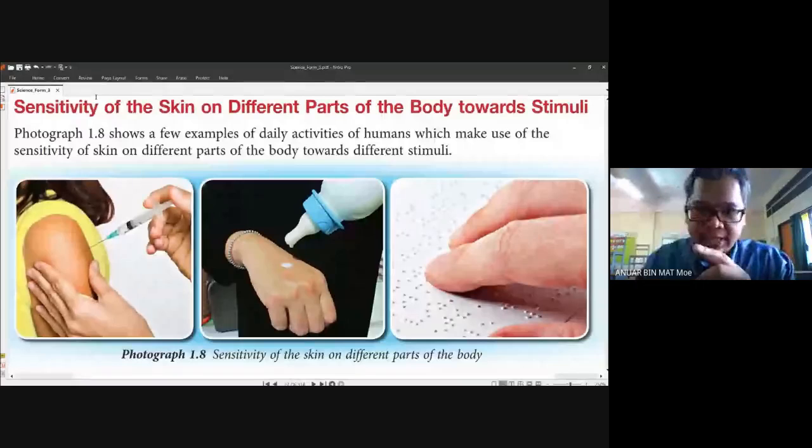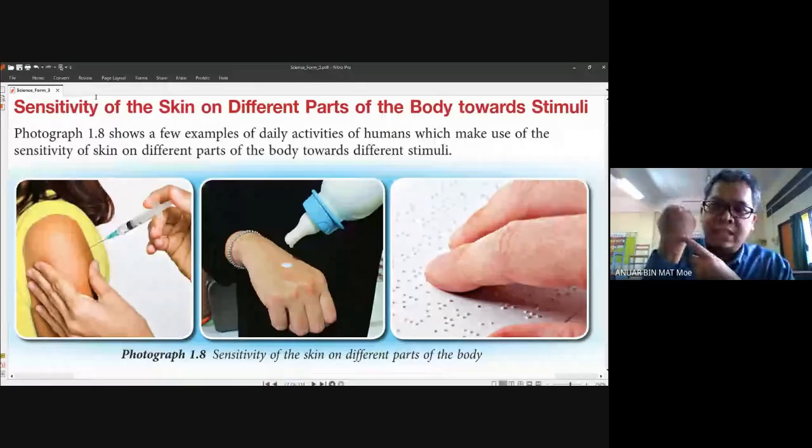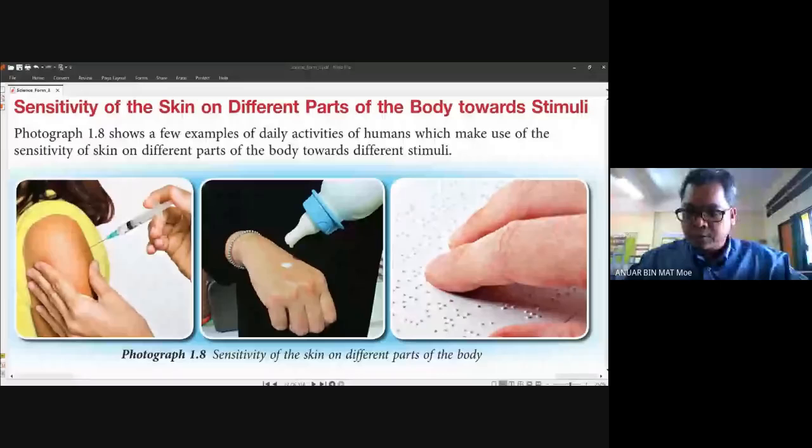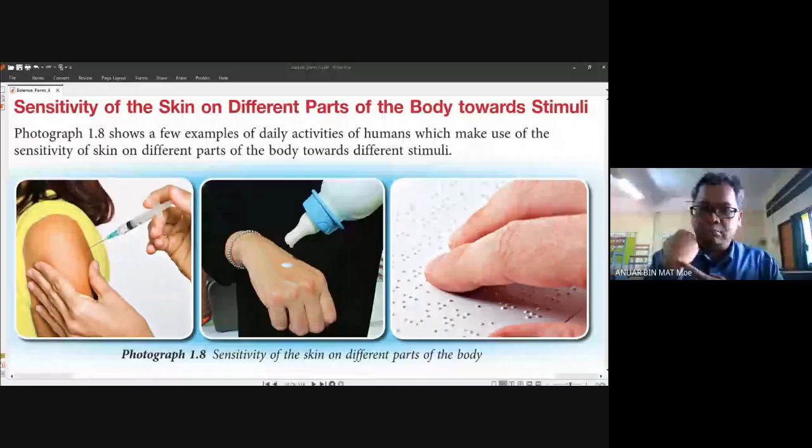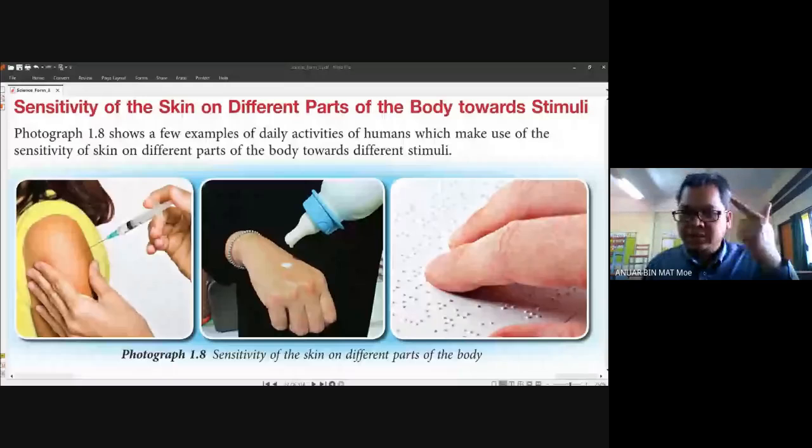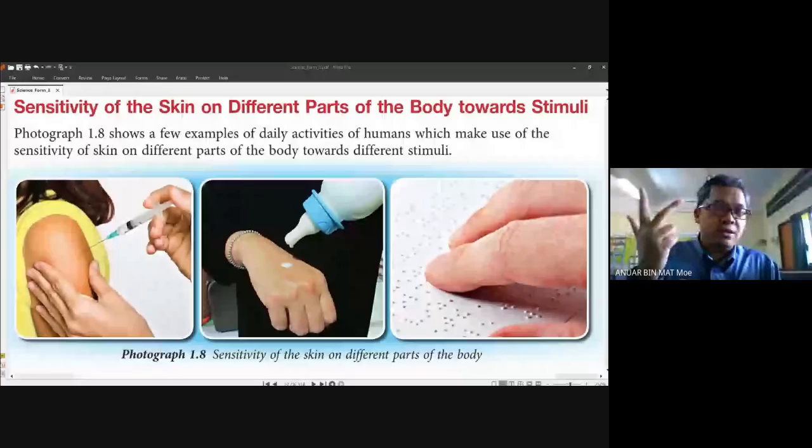Again, what is the stimuli of our skin, sensory organ? Apa stimuli dia untuk kulit kita? Cepat. Apa stimuli untuk kulit kita? What is the stimuli for our skin? Siapa ingat lagi? Okay, kinkiloid, pain, very good. Pressure, very good. Betul, correct. Pain, pressure, tekanan. Heat, yes, of course, heat. And then what?